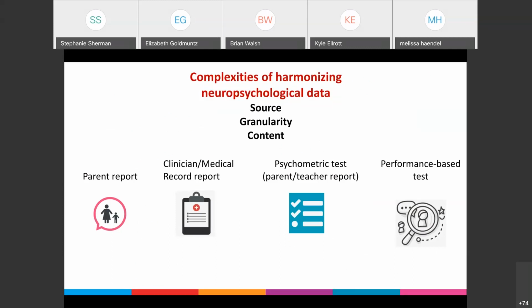So by this, I mean, we can look at the least granular by parent report. Do they show symptoms of some specific behavioral disorder or cognitive disorder? We can gain more information by going into the medical records and maybe interviewing the clinician and their records to learn more about specifics and how they're being treated, by what medications, because that begins to again formulate the diagnosis. Next, we can go to parent report or teacher report psychometric testing, these surveys that provide essentially a screening mechanism for a particular disorder, a behavioral or neuropsychological disorder. And lastly, the gold standard, of course, is to go to performance-based testing and combine those with